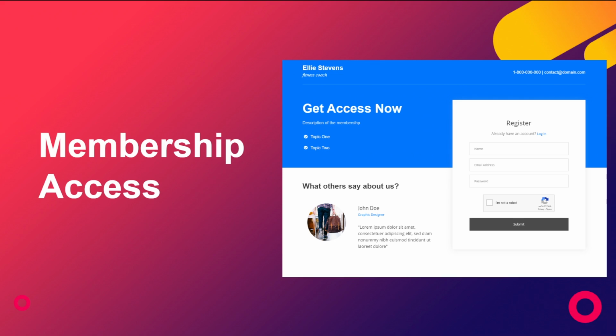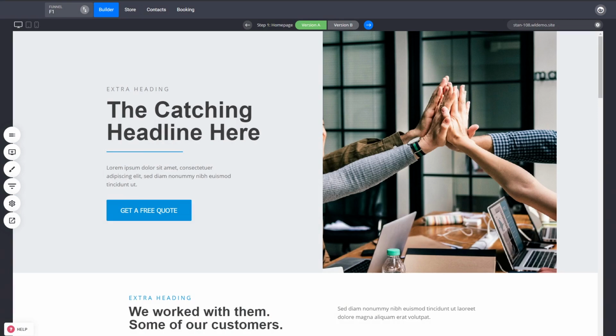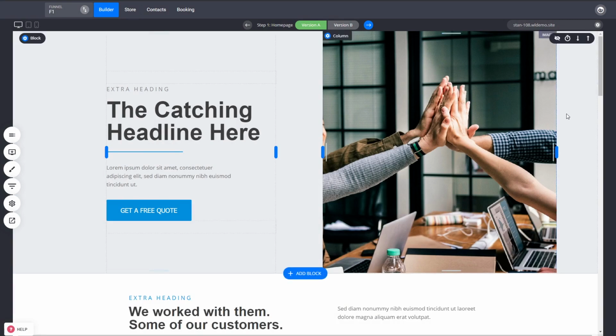Basically, the content that they'll get after that, like the lead magnet of the whole funnel, let's say a few videos, some downloadable products, will be password protected. Only people with an actual account, people who actually submitted the form, can access that. So even if they share the same link, people wouldn't be able to get in if they don't have the account. So it's very straightforward, so let's dive into it,